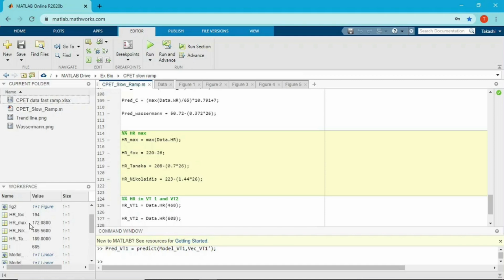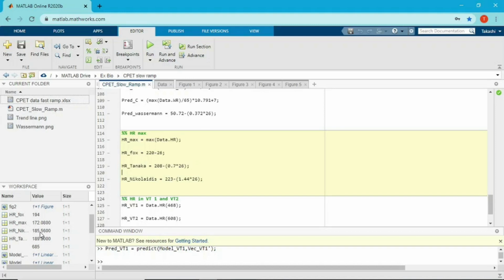So my actual heart rate max is 172. I think that's the most reliable data because it's from CPET and I used the heart rate monitor. So 172, and based on the Fox method 194, based on Tanaka 180 or 190, and based on the Nicolaides method 185.